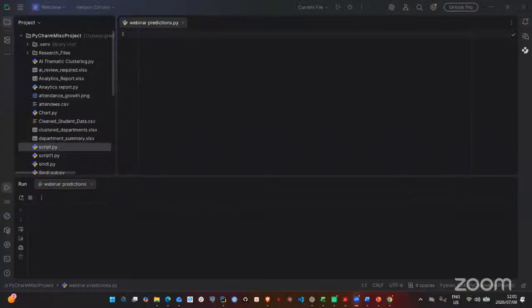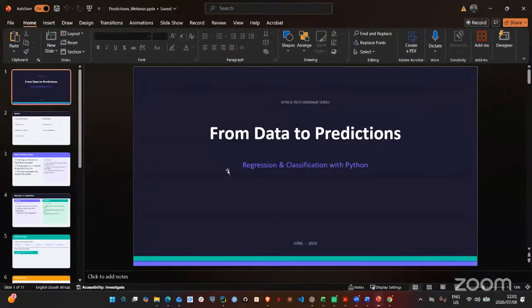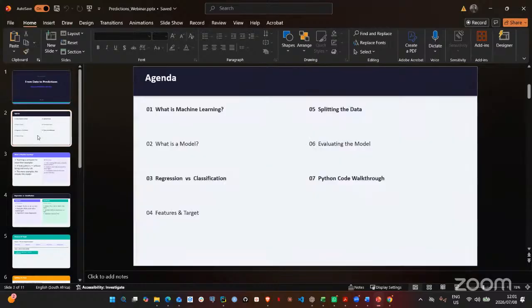Great, here we go. I believe you can see my screen. As you can see, I have my IDE open. We're very familiar with this interface by now. This is PyCharm where we will be writing our code. But let us start off with our slides. So from data to predictions. Let's start off by